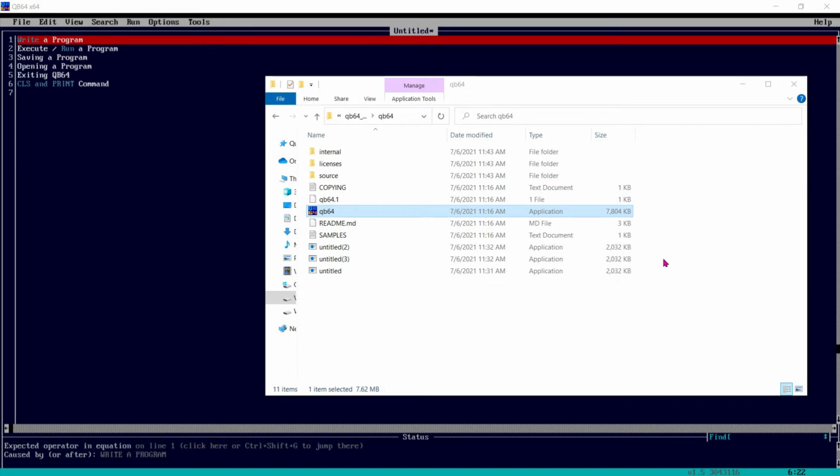In this tutorial, we will learn how to write a program, execute and run a program, save a program, open a program, how to exit from QB64, and two commands, clear screen and print command. What is the use and how they are useful in QB64. Before that,